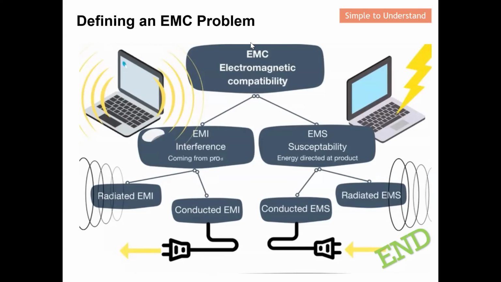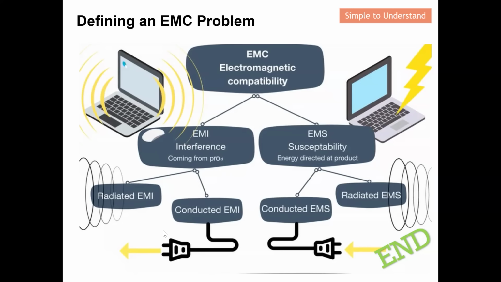To do a quick conclusion, EMC equals EMI plus EMS. For EMI, it can be radiated EMI or conductor EMI. For immunity, again, it can be radiated immunity or conductor immunity. You can see that this is your DUT releasing the source of the noise. This form here is what we call the radiate source. They radiate electromagnetic waves, and this is what we call radiated EMI.